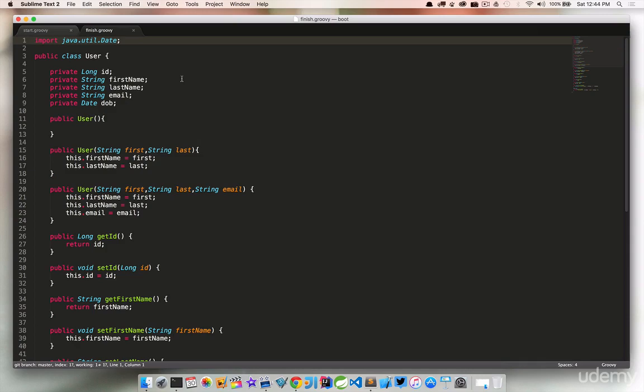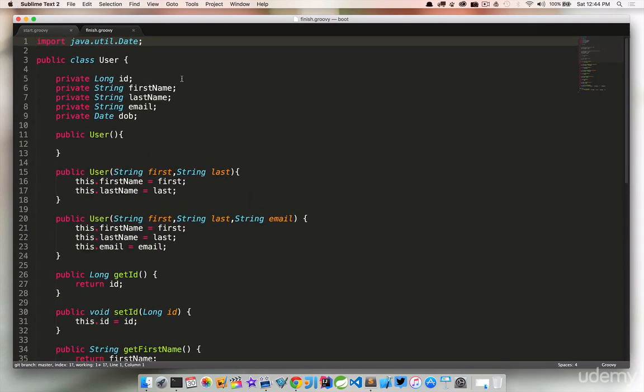So let's start with the import statement at the top. Let me go ahead and make this a little bigger. At the top, we're importing java.util.Date. Again, if you're new to Java, don't worry about that. We're going to walk through this. We have a field down here called DOB for date of birth in our user class, and it's of type Date. Now, to use a date in our Java class, we need to import the appropriate class,